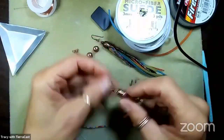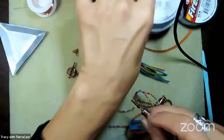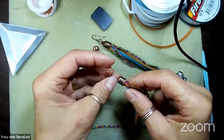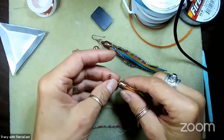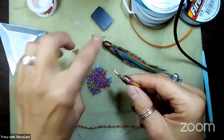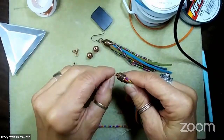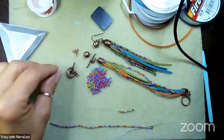The original one, the cord end is an 8mm. Let me move those out of the way a little bit. An 8mm opening, and currently in our cast pewter line, we don't have an 8mm cord end that has a hole, so I'm using a 6mm. I think it's on our to-do list to create some larger ones that have a hole that are great for wire wrapping. We just don't have them available yet. So this bracelet version